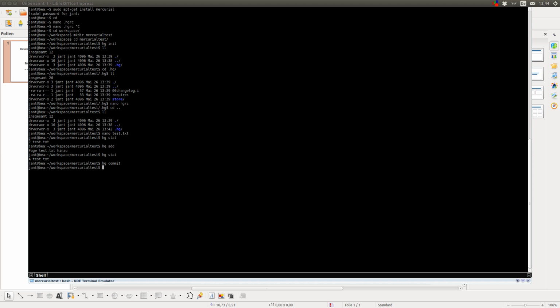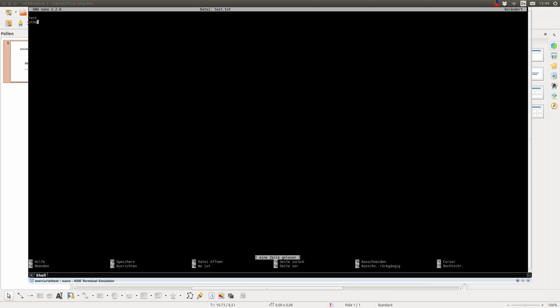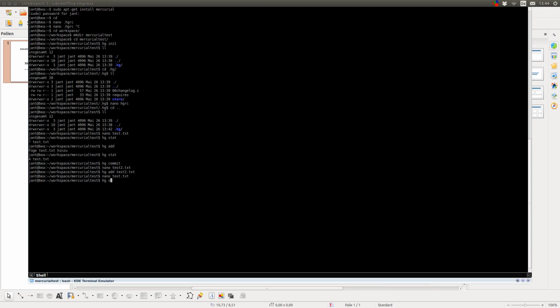Now I'll add another file, and I modify the first file. Taking a look at the status again, now I see I added one file and I modified another file. To make these changes persistent, I have to commit again, and if I accidentally added a file, I could revert this by typing in hg revert and the name of the file,